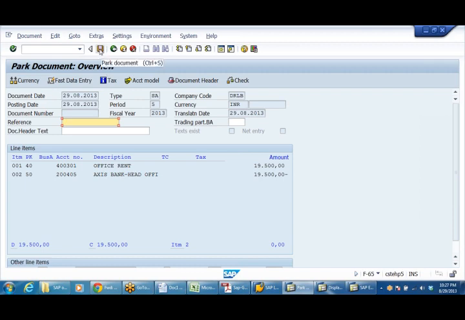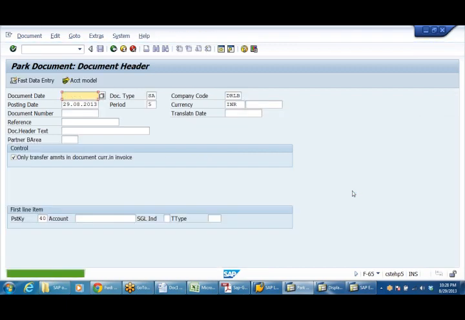Previously, if you go to F-02, it will show you as post, but here it is park. Now save it. Document number 9 in DRF was parked. Previously, when you go to F-02 and post it, it says document number so and so was posted. Now in parking, it is taking document number 9 as a continuation document.